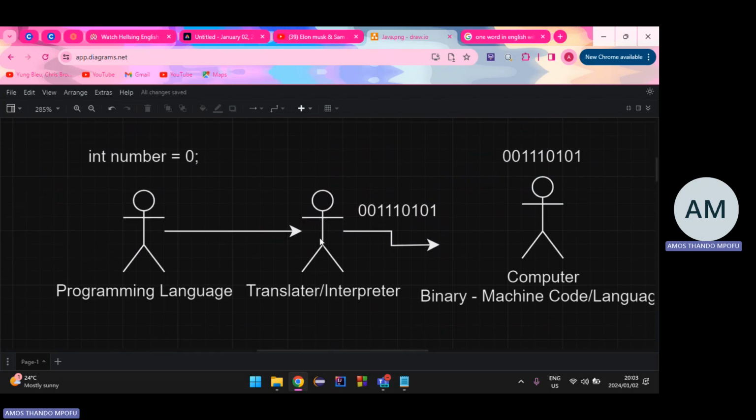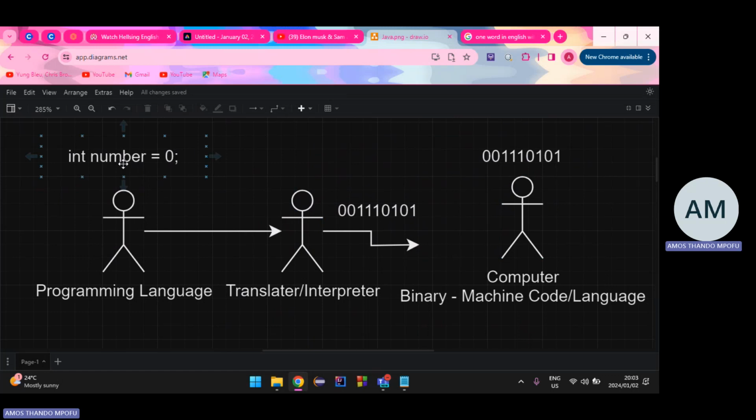So this is a whole procedure that goes on. You write an instruction or a sentence or a statement in a specific programming language, then a specific translator translates it into machine code. It translates it into zeros and ones so that the computer can understand, because you can imagine the computer is a person who's very stubborn, right? They don't want to learn any other language than their own. That's the computer. It only knows its own language. It doesn't care about learning your languages, and that's just how it is. So you have no choice but to always go through this process of translating.